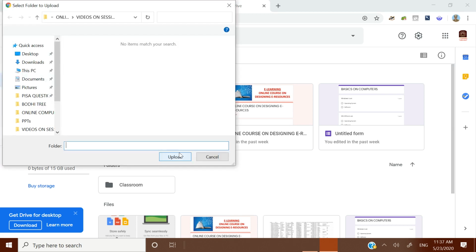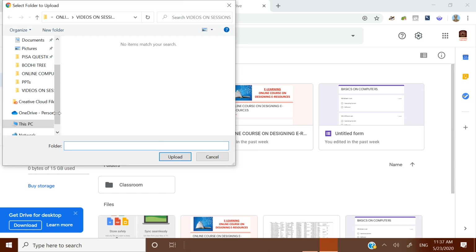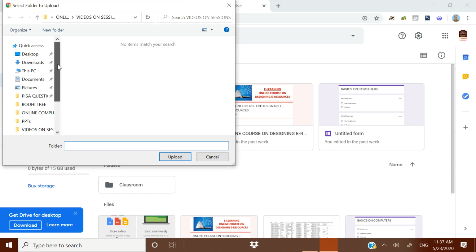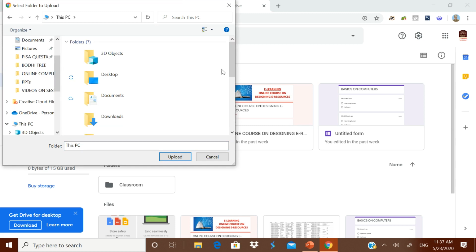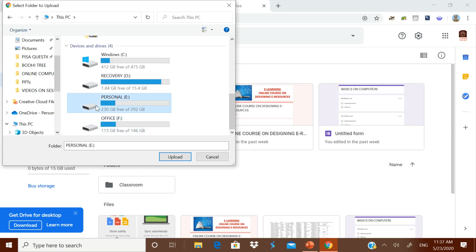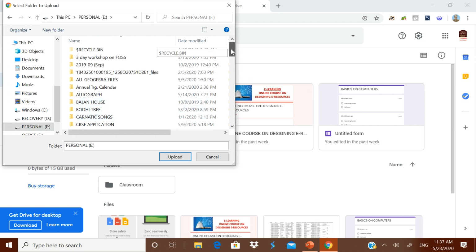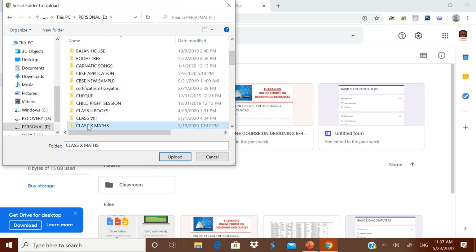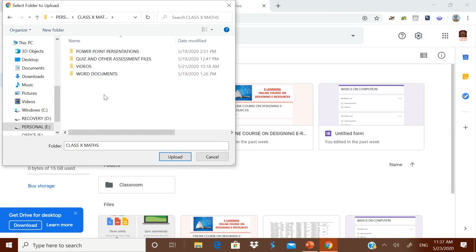Normally all of you know that we already have one folder opened in our previous sessions. We are going on doing work on that only. This was actually the idea I gave you. Please open your folder and do all your work in that particular folder only. It was, I think, class 10th mathematics. Okay, here so many are there.